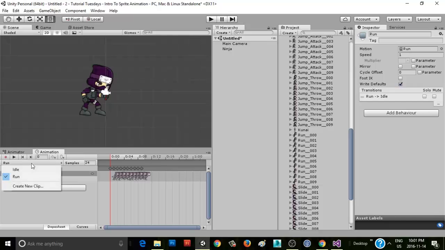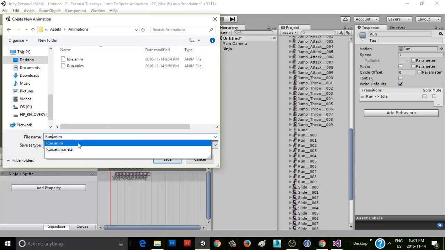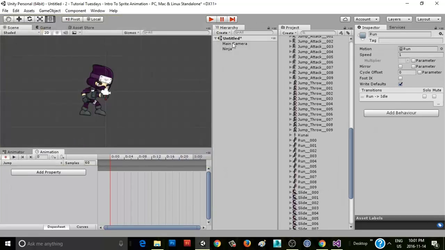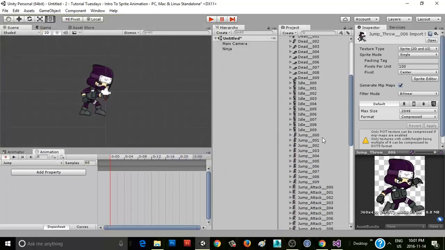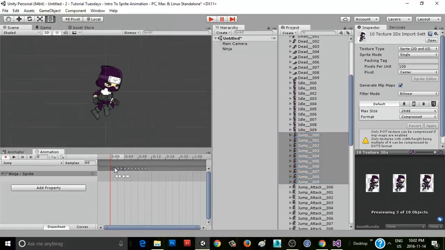So we can go to the animation window here, click this little drop down, then create new clip again, as we've been doing, and we're going to want to name this one jump. And as we've done before, we find all of the frames that we want, shift click to select them, drag them out. We'll change the samples to 24. If we hit play,